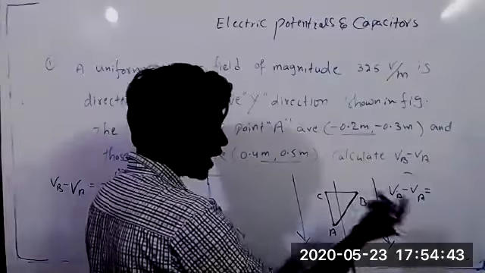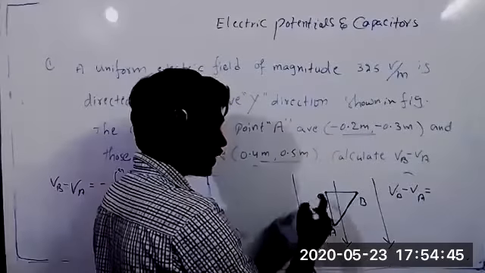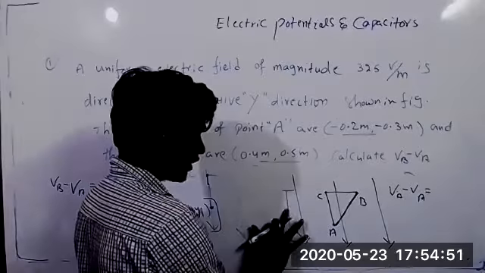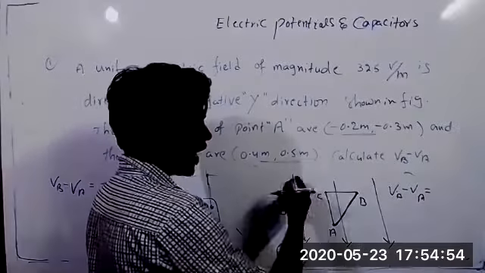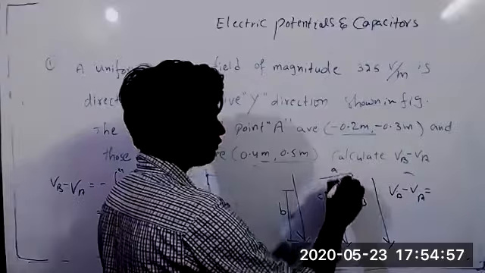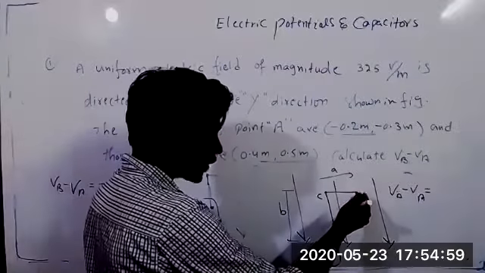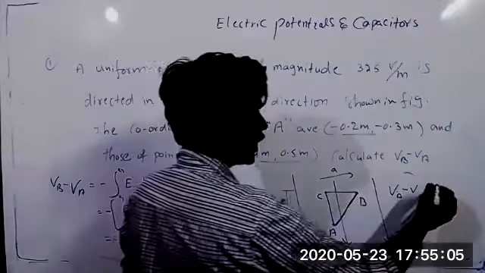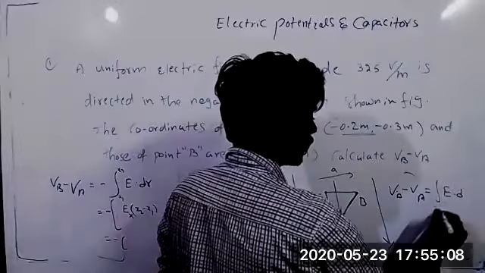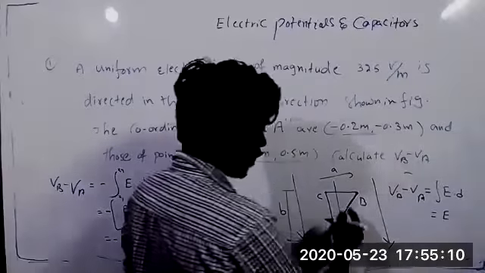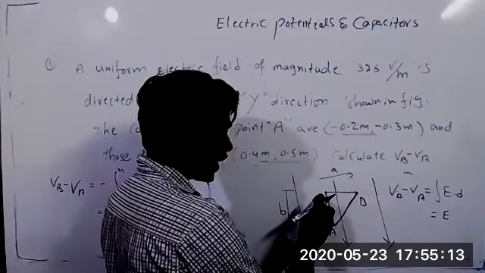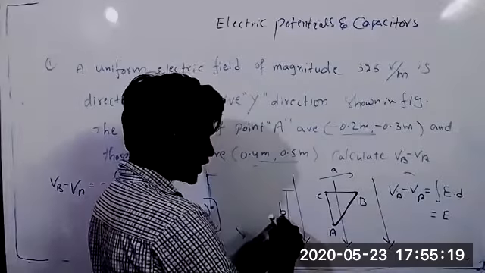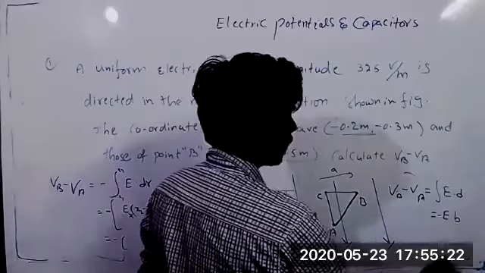So now what we have to consider, how much potential will be there, and in this direction they given distance, something D or B, they given B, and in this direction they given distance like A. Okay. Now how much potential will be there at C? Same potential will be there at B also. So now integration E dot dr. Now this point I will assume at C. Why? Because same potentials here. So between these two, what is the distance? B. So answer you will get B.